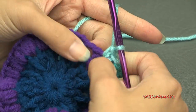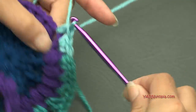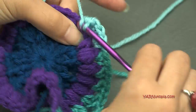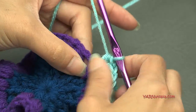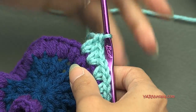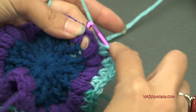So now we're going to repeat what we did. So in the next space, we just did 2 single crochets in this space. So now in this next space, we're going to put 2 half double crochets, 1 and 2. Then in the next space, we're going to put 2 half double crochets, 1 and 2. Then in the next space, we're going to put 2 double crochets, so 1 and 2. And then for the corner, we're going to chain 3, 1, 2, 3. And in the next space, we're going to put 2 double crochets,